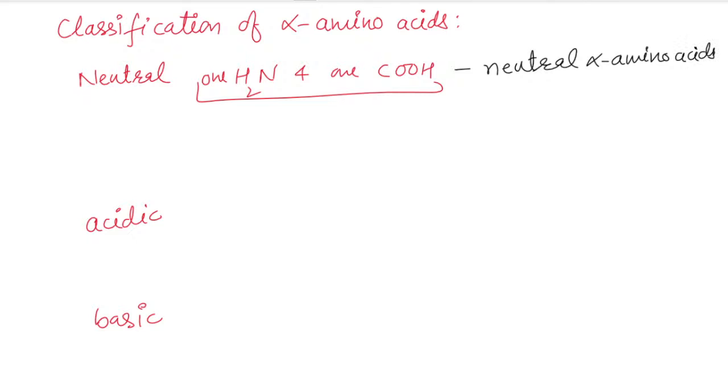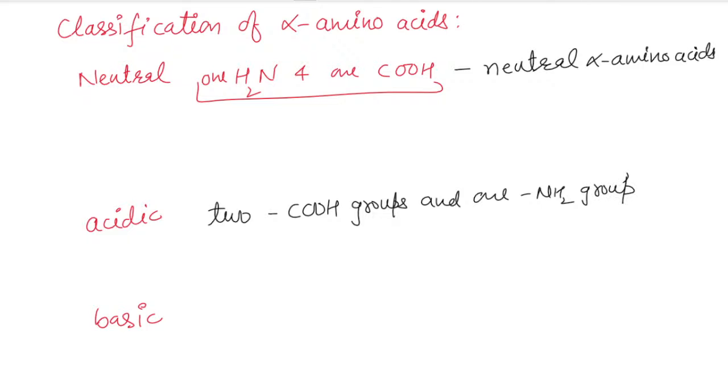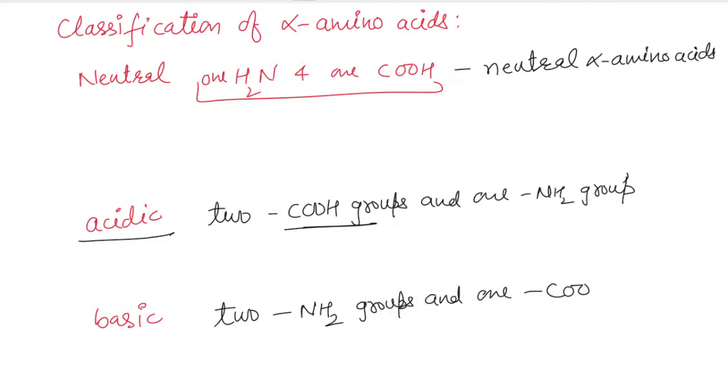acids, इनको बोलते हैं न्यूट्रल अल्फा अमीनो एसिड्स. ठीक है ना. और अल्फा अमीनो एसिड्स जिसमें COH groups are more than NH2, that means like 2 COH groups and 1 NH2 group, that means acidic groups are more, so that is called acidic alpha amino acids. And others which contain 2 NH2 groups and 1 COH group, so that is called basic alpha amino acid. Okay,